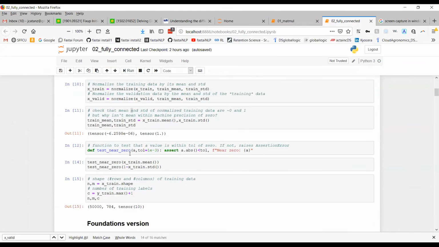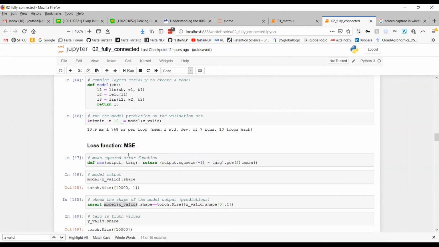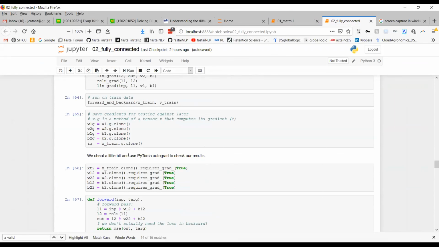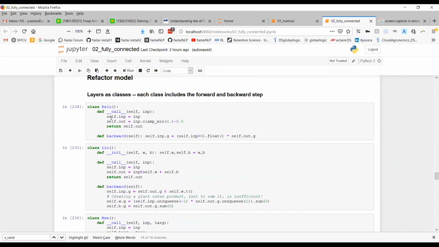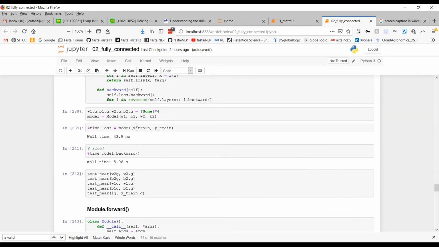Let's see. So where are we? We are back. We did all of this. We did all of this. We're in the backward pass. We're now in the refactoring part, and this is where it gets really a little bit hard to follow, because he's redoing everything by wrapping everything into these classes, and the advantage is that it really speeds